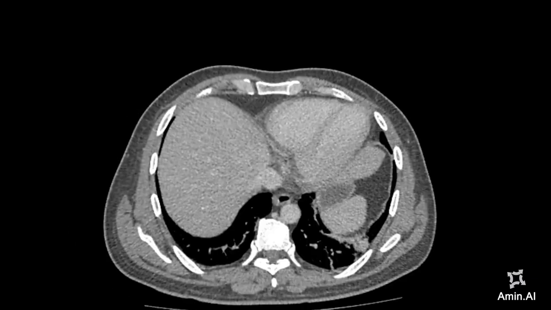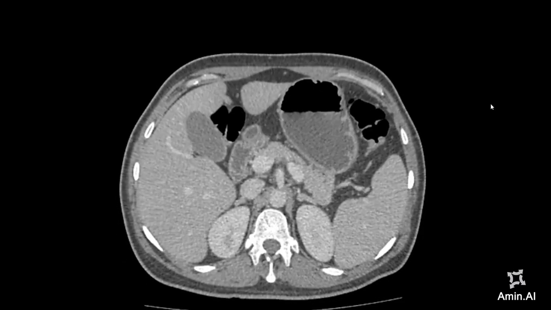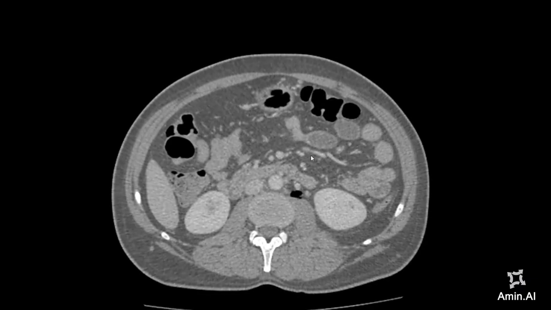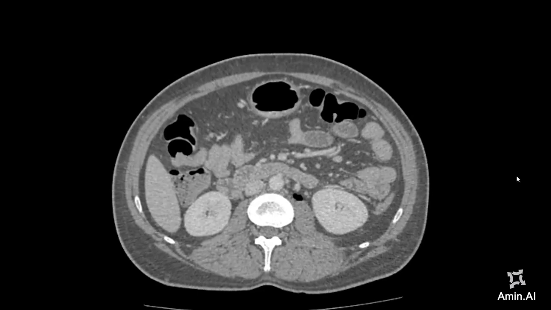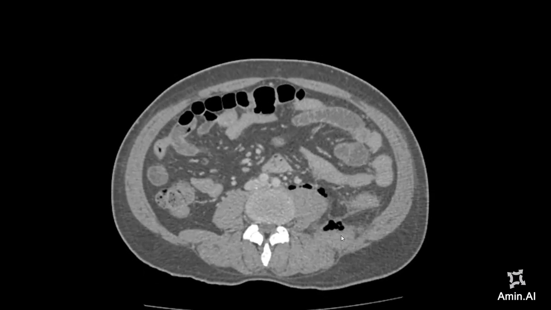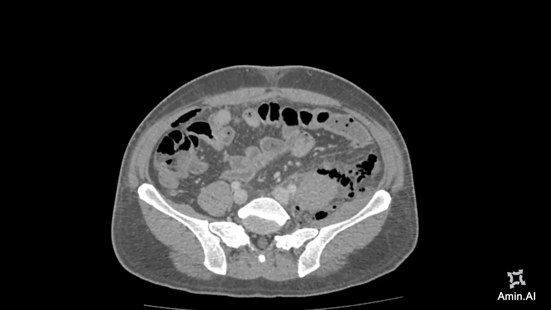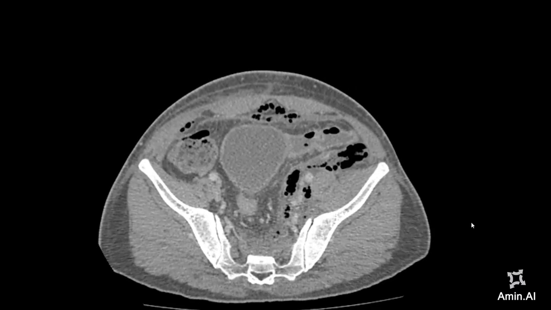So these images, as I'm going to browse, you need to be more focused towards the left retroperitoneal area first. And as we browse through, as I browse down these, there is now air appearing in the left retroperitoneal region, and it starts getting more extensive. And as I browse down, you can see that air is following the retroperitoneal region surrounding the left psoas along the iliacus, and it is now extending into the pelvic wall